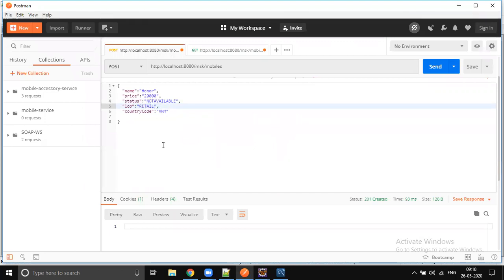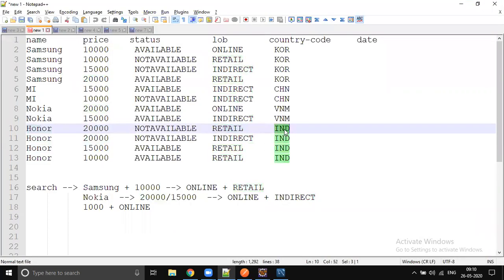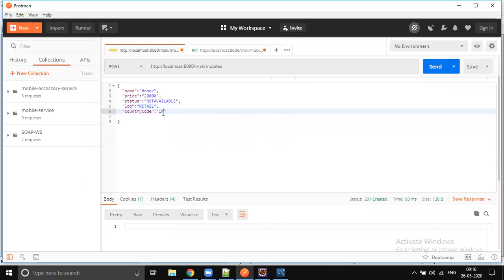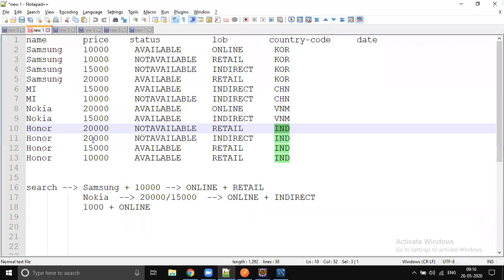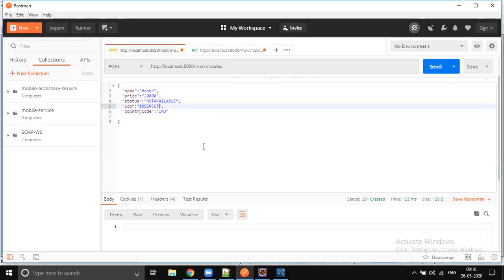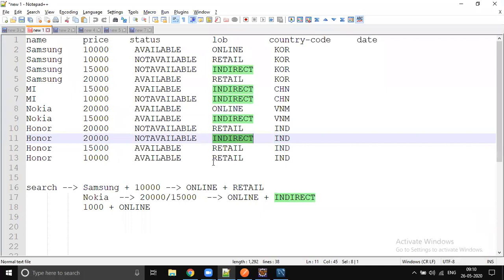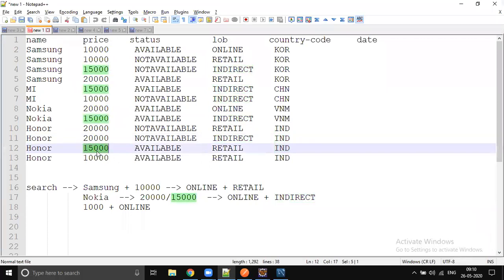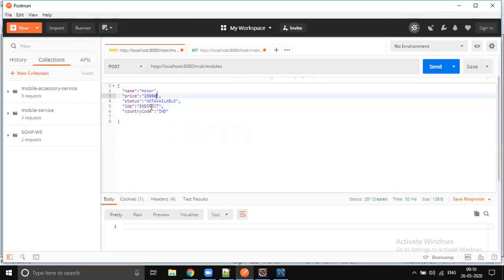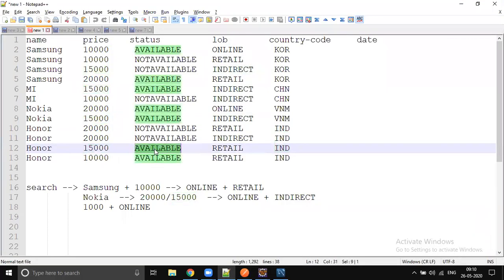Okay, so at this point of time the stock is now available, but maybe in the next couple of days we will sell them on the retail, and it's made in India. So let's do India. We have inserted one more row. Let's quickly change it, right? So it's not available. Even if it's available, it's supposed to be sold in the indirect store also, but at this point of time the stock is not available. That's why we are marking it as stock. Once the stock is available, we will update that from not available to available.